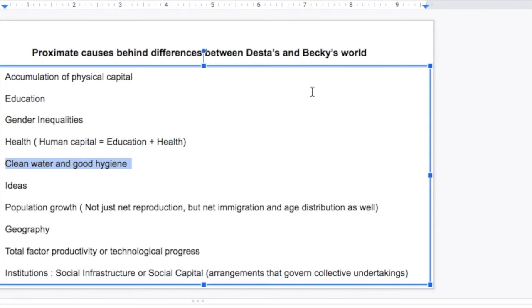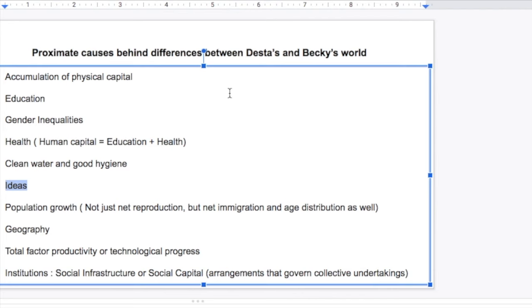A child of any economy is a productive asset. If a child is healthy, and when the child becomes a youth, ready to contribute to the economy, and is healthy, educated, and his cognition is well maintained, then you can definitely expect that he'll contribute a lot to society. So clean water and good hygiene play an important role in the long run by impacting a child's life positively. That is a very important factor to keep in mind.